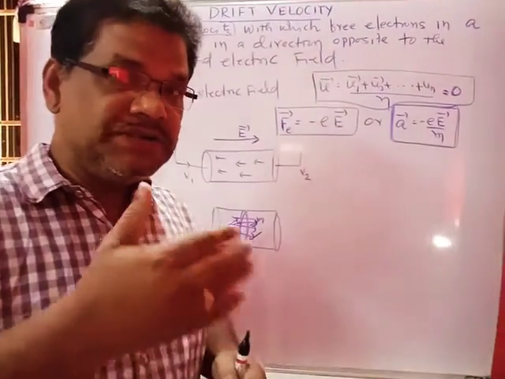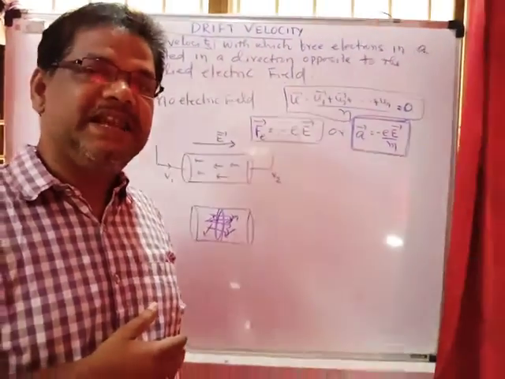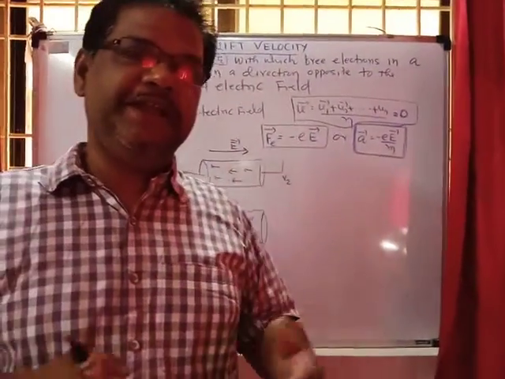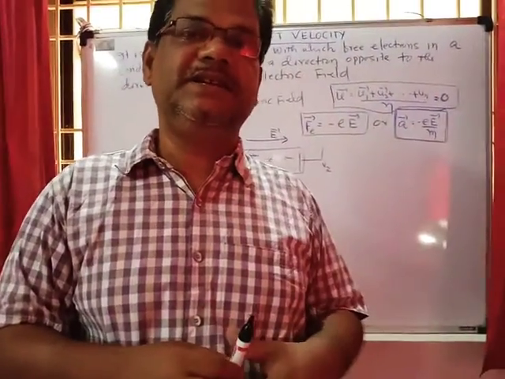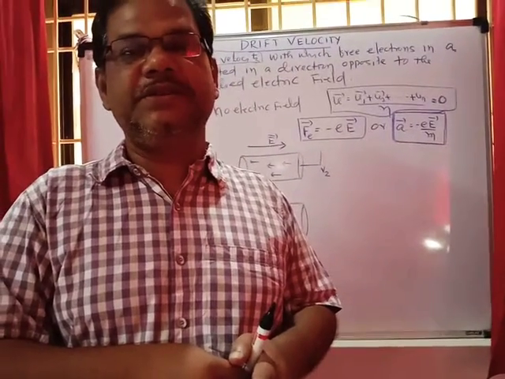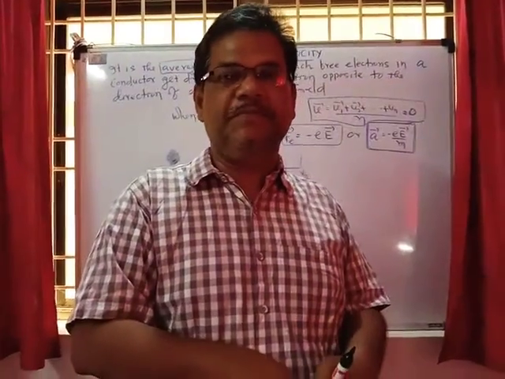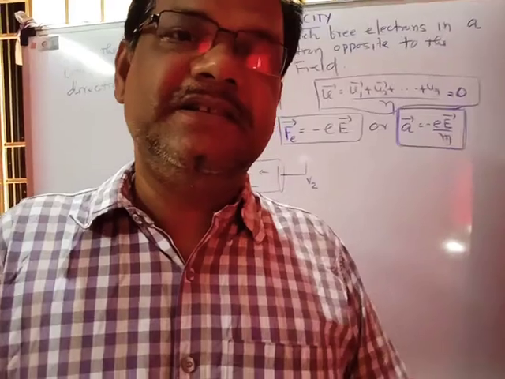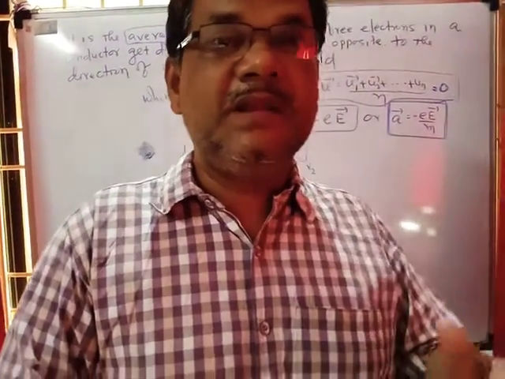That velocity will be changed and gradually increased. And these electrons, as they are increasing their speed, will collide with other electrons or ions present in the conductor. When they collide, immediately their velocity falls down. So in that manner, all the electrons in the conductor will have the start and go, stop and go method.